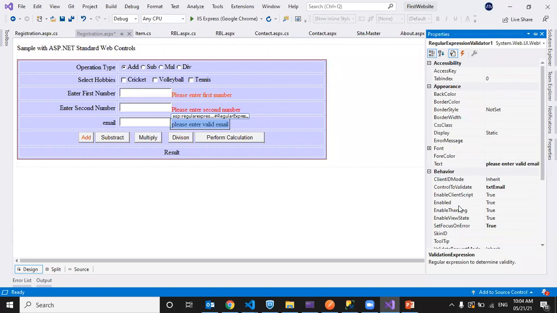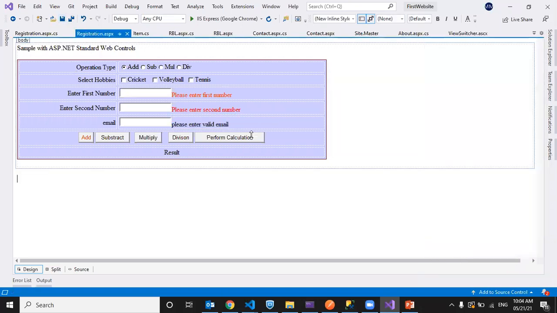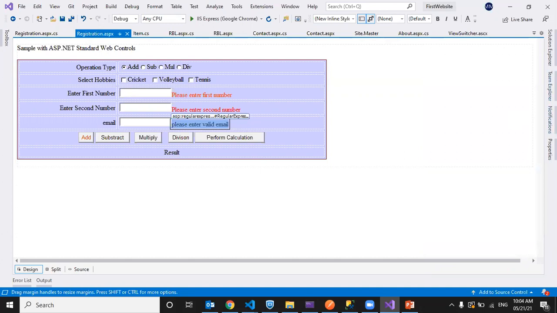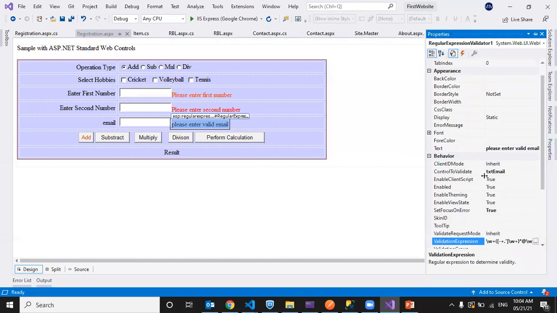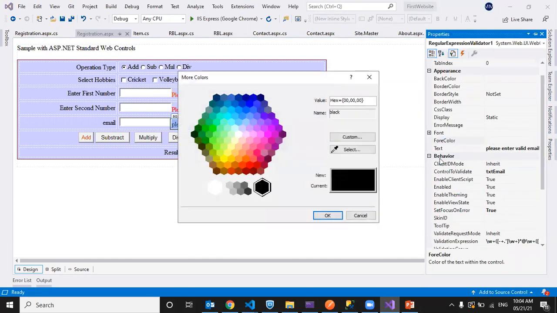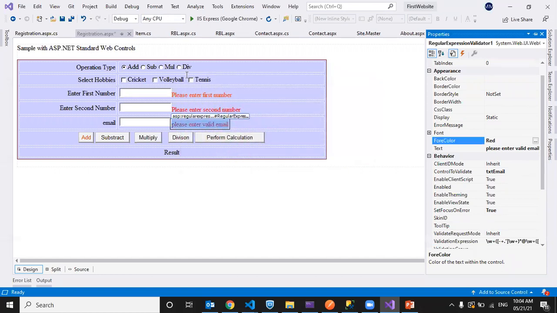If the user entered data matches our validation pattern or validation expression, then it will return true. Otherwise, it will return false. For that, we are using the regex library. Regex is used to write the patterns. So whatever expression we write, if that matches our data, it returns true. Otherwise, it returns false. So I'll show that.